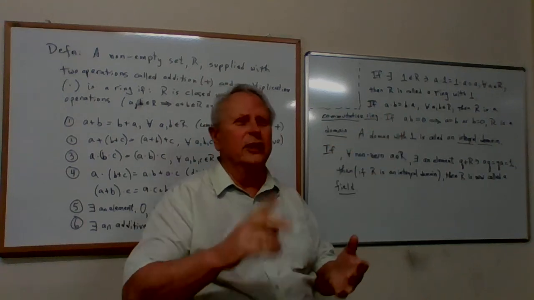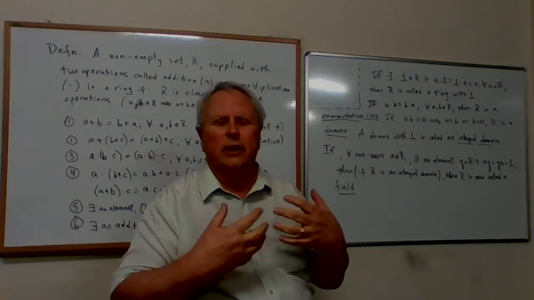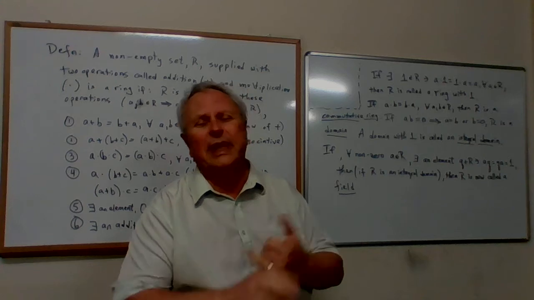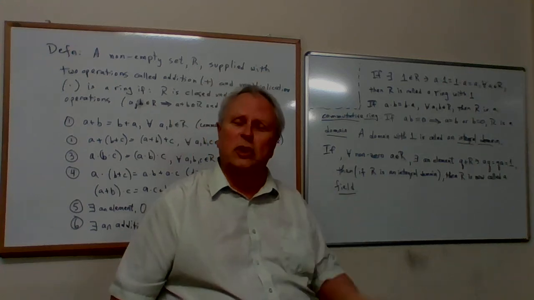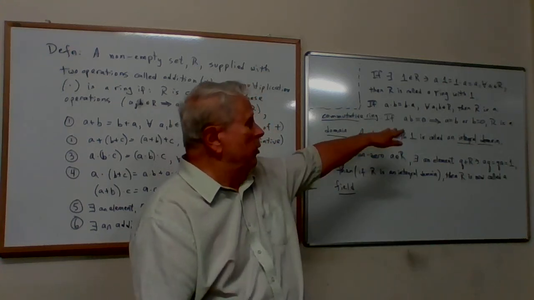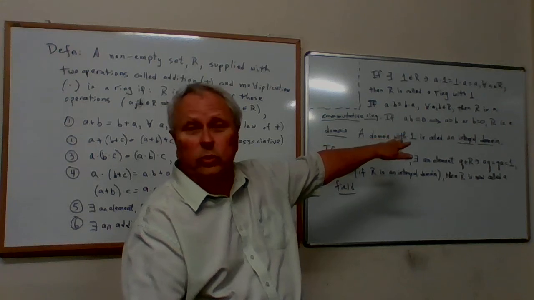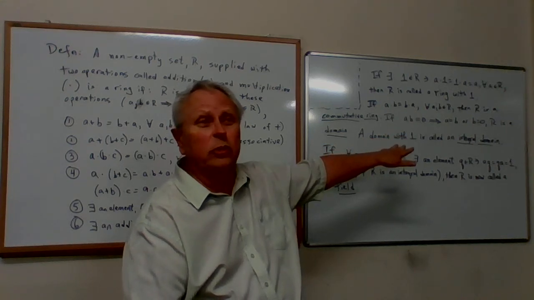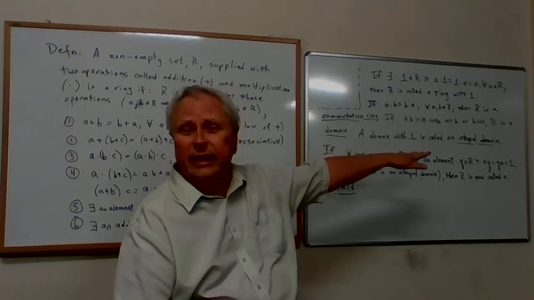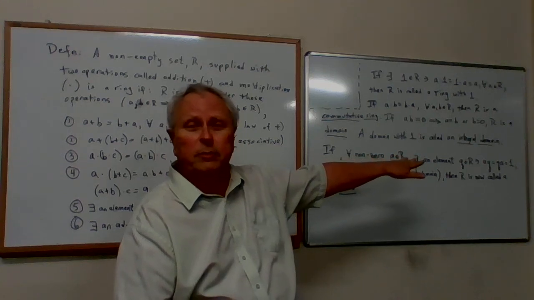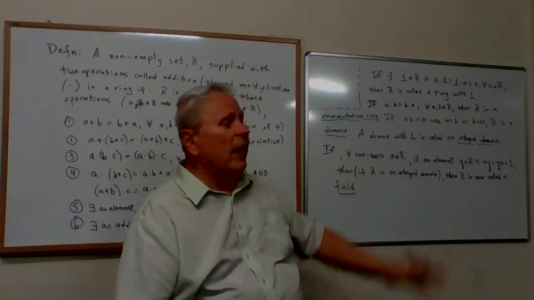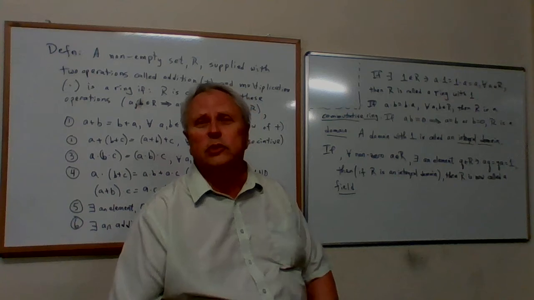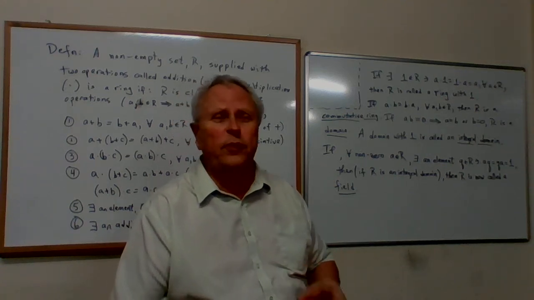You can add. Addition is commutative. Addition is associative. Multiplication is associative. Multiplication is commutative. If you multiply two things that are non-zero together, you can't possibly get zero. So it's an integral domain. It has a 1 in it. You're familiar with the real numbers having a 1 in it. But every non-zero element also has an inverse. So the real numbers form a field.